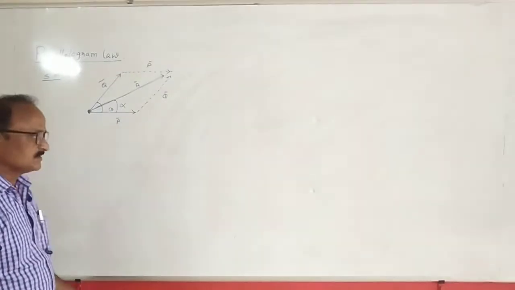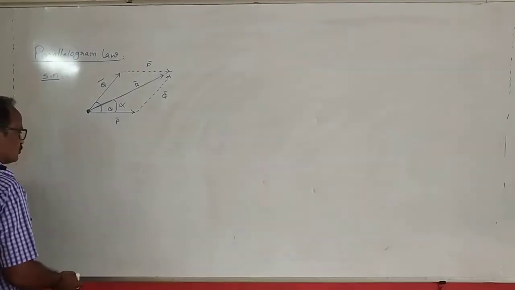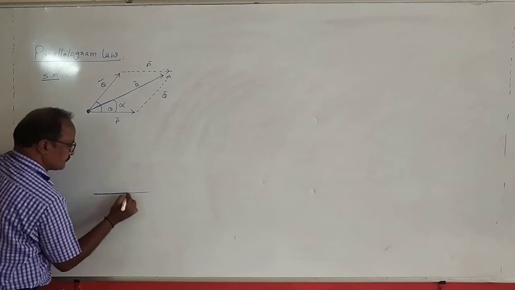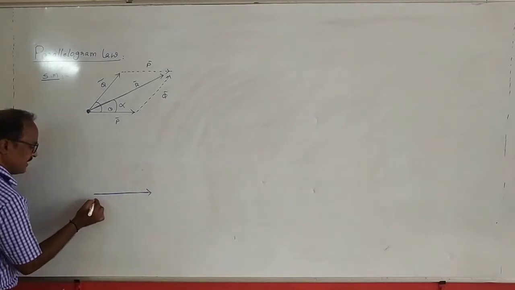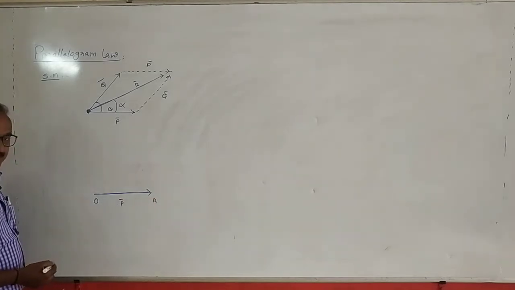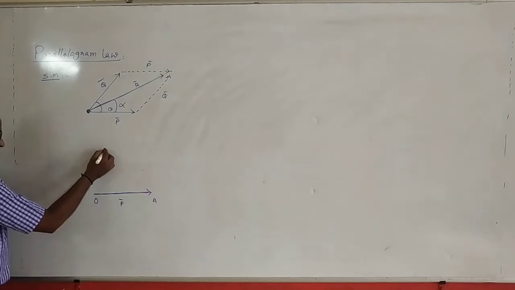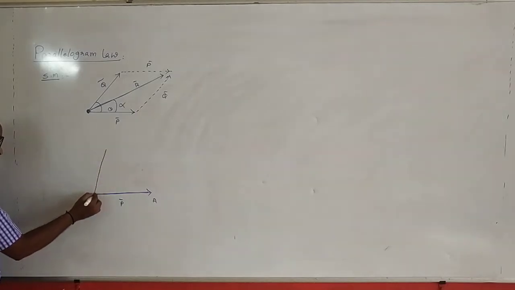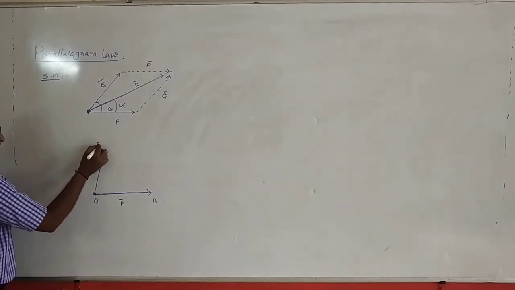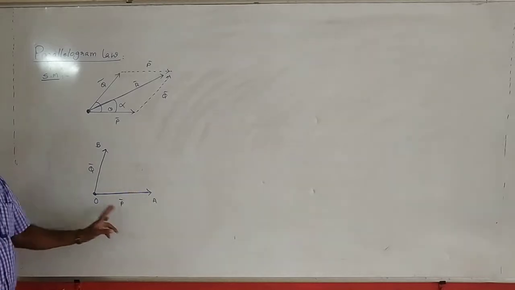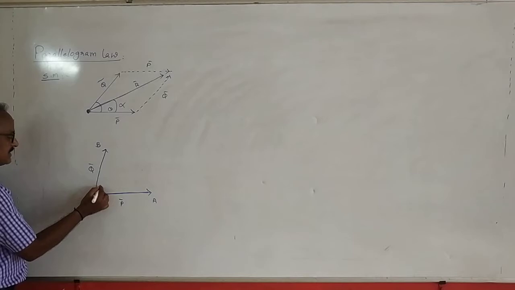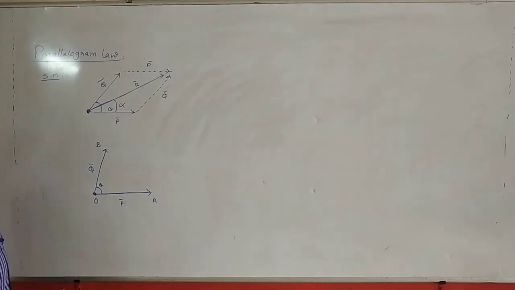Am I right? So, according to the geometrical approach, see here, let this be a vector represented by OA bar equal to p bar. Also, another vector is q bar. These two are acting at the same point. OB bar is equal to q bar. OA bar is equal to p bar and OB bar is equal to q bar. The angle between the two vectors is theta.